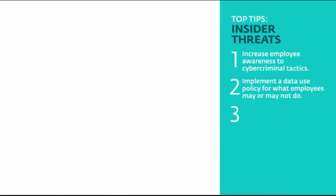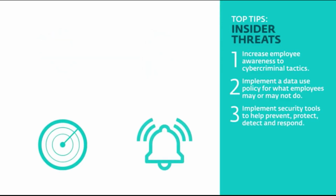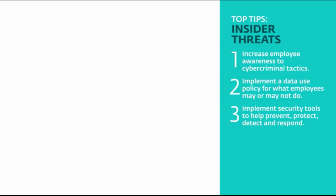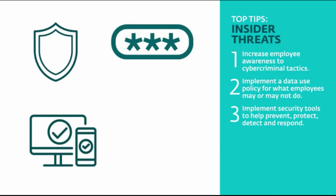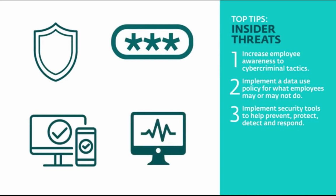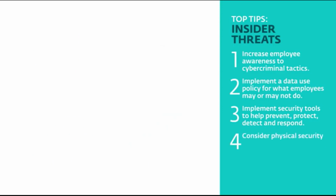Number 3. Implement security tools to help prevent, protect, detect, and respond to security incidents. These may include a reputable antivirus software, encryption products, two-factor authentication, and in some cases, threat monitoring services. Number 4. Finally, consider physical security as part of